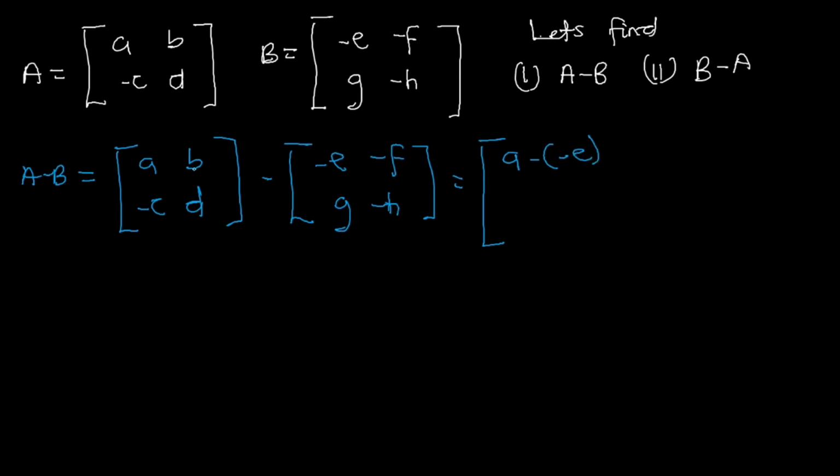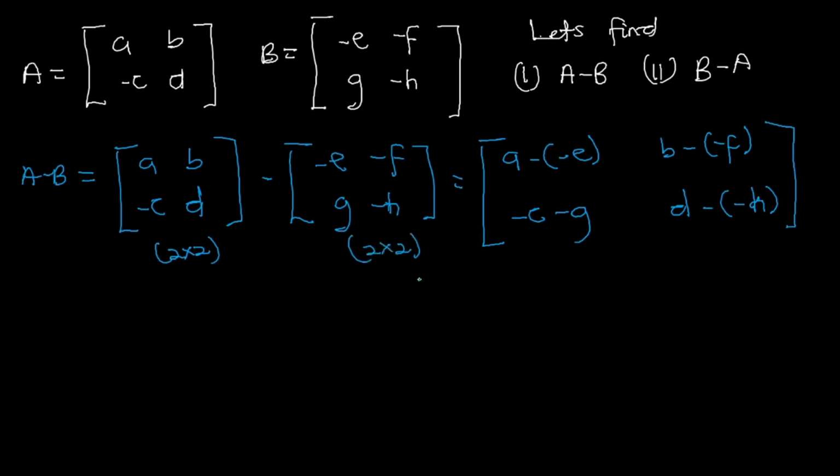Then we go to the second side, we have B minus negative F, so we have B, then minus, then minus F over here. Then we have negative C minus G, and then over here D minus, then minus H over here. But mind you, this is a 2 by 2 matrix, and this is also a 2 by 2 matrix, so we can subtract them because they have the same order. If we simplify this, we are going to have A plus E at the top over here, then B plus F, then negative C minus G, and D plus H over here